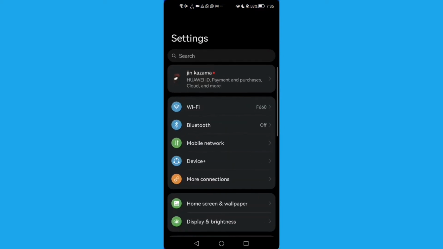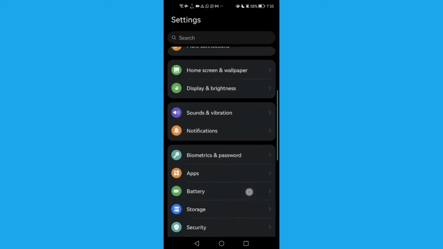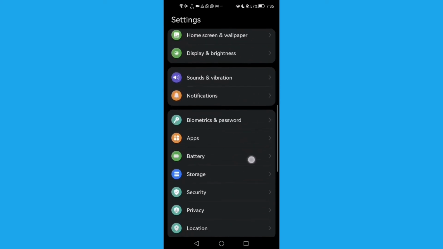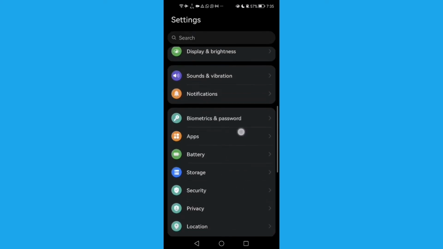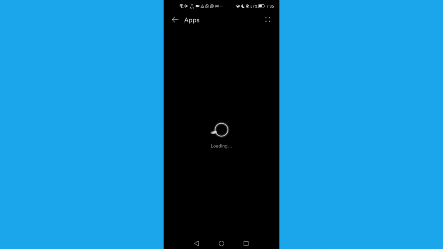First, open settings and then scroll down until you find this one here, apps, and then click apps again. Now just scroll until you find any app you want,